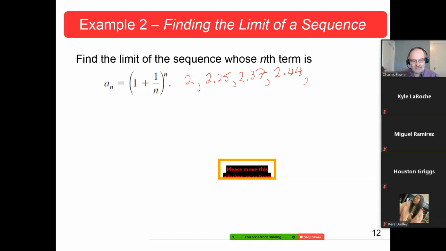At n equal 5, that would be 1.2, because 1/5 is .2, and going to raise that to the fifth power. I got 2.48, or I'm going to call it 2.49. Okay, going up, but not quite as fast as it was a while ago. See, this difference is 0.25. This is 0.08. That is 0.07. This is 0.05, 0.07, 0.05. So it's getting smaller. No guarantee this is going to converge. It could just keep getting bigger and bigger and bigger.